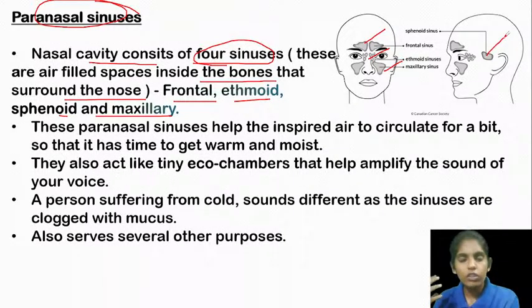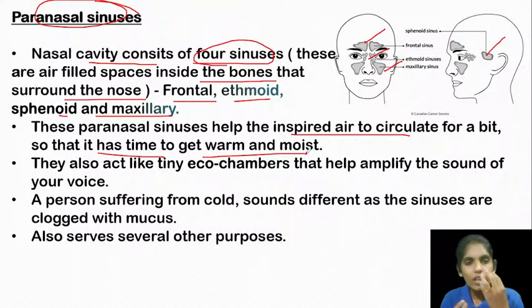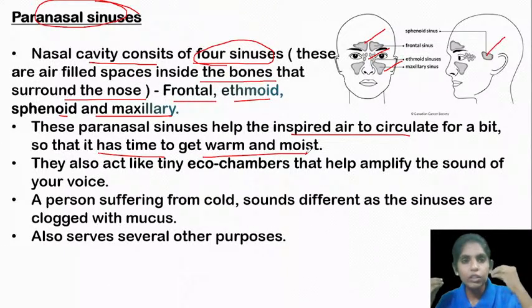And what is the function of these sinuses? They will help the inspired air to circulate a bit and to get warm and moist. So when we inhale air, air will be present in the nose, and also it will circulate in these sinuses so that there will not be any pressure in the nasal cavity. So these sinuses will provide some space for the air to circulate, and also they will try to warm and